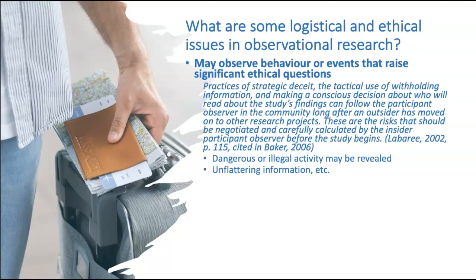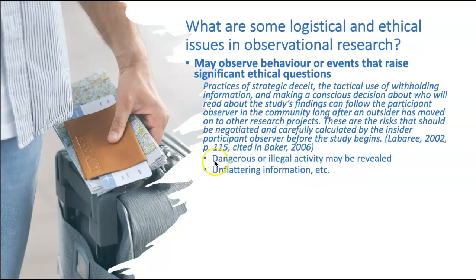So we need to be really careful about how we're setting up these research projects, particularly when we have a lot of interaction between participant and observer, because things may be triggered and then the observer moves on, but the participant is left with that trigger, for example, particularly when there's deceit involved. And there are some research projects where you couldn't make findings unless you were somewhat deceitful in terms of what you actually share with the participant and so on.